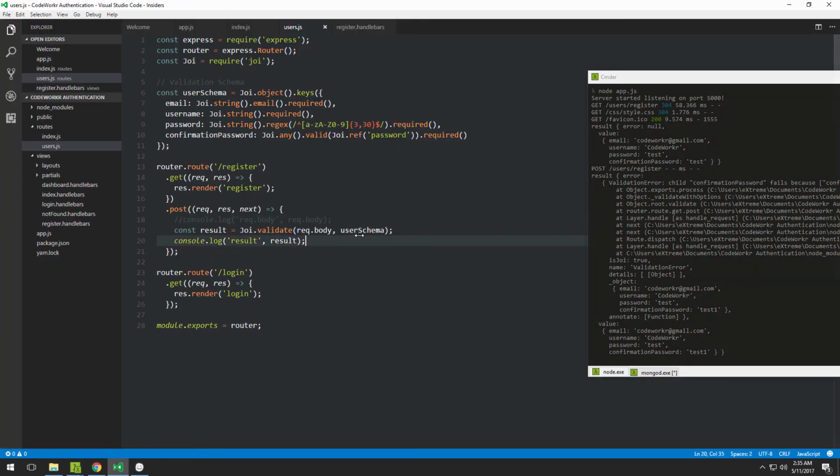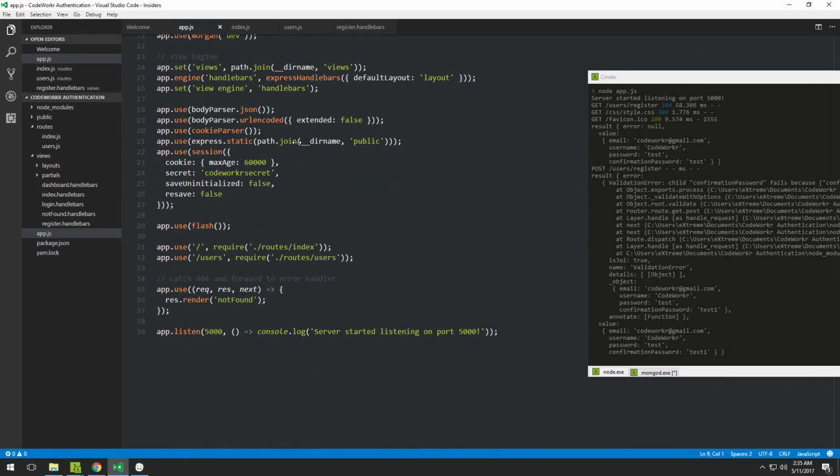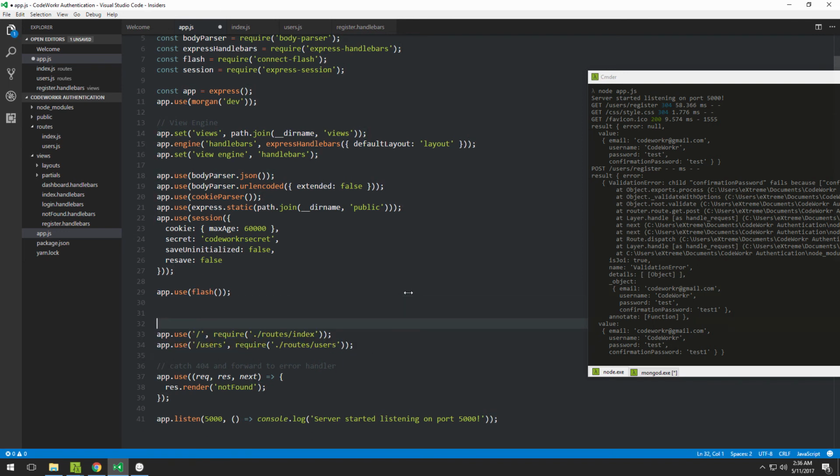So what we can do really quickly before we finish with this video is we want to pretty much alert the user about this error. How can we do that? We can use flash messages. If you aren't aware of them, we are using this dependency over here, connect-flash, and then we also have to create some global variables so that we can access them in the view layers. So first of all, let's do exactly that. What I need to do here is after this line app.use flash, but before these two lines, I want to type